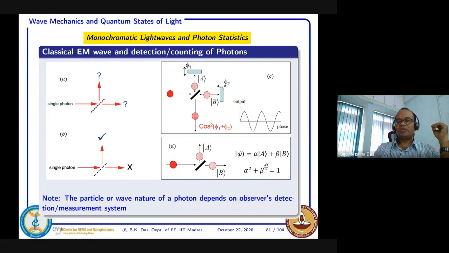That means if it is cos, that's cos square, and then B is sin square. Cos square plus sin square should be 1. That is how we can say that. The beam splitter, we are just splitting here, and we can get there.